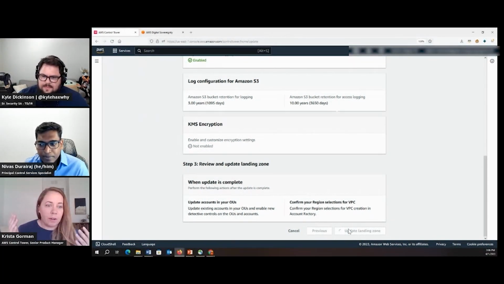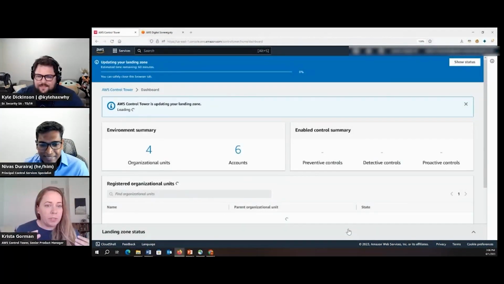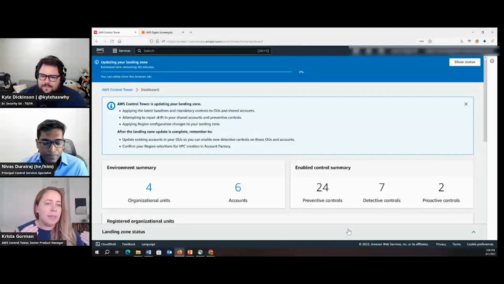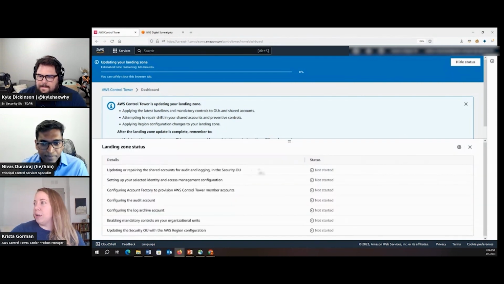So as that kicks off, in summary, we covered how to view the different controls that are available, as well as modify your region settings, apply the region deny control, and then think about other characteristics like those different control objectives I mentioned: encryption at rest, encryption in transit, KMS key, etc. And actually, one other thing I'll just show you is that we've added a status and progress bar for updating your landing zone, so that you can see each of the key milestones of this update and where they are in the progress.